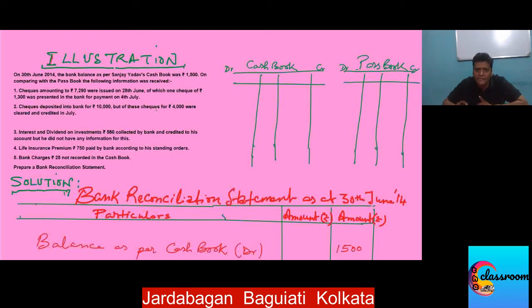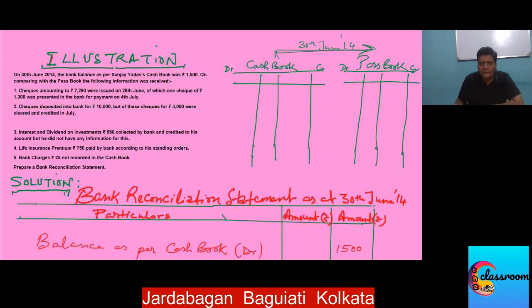They have given us the bank balance as per cash book. So I'll draw an arrow over here like this. This arrow is pointing towards the passbook. This is here to indicate that we are trying to reconcile the cash book balance with the passbook balance. Okay, we write the date on which we are reconciling. Date is very important over here. The date is 30th June 2014. This is the date on which we have taken up both the books, the passbook in one hand and cash book bank column in the other hand, and we are trying to tally.